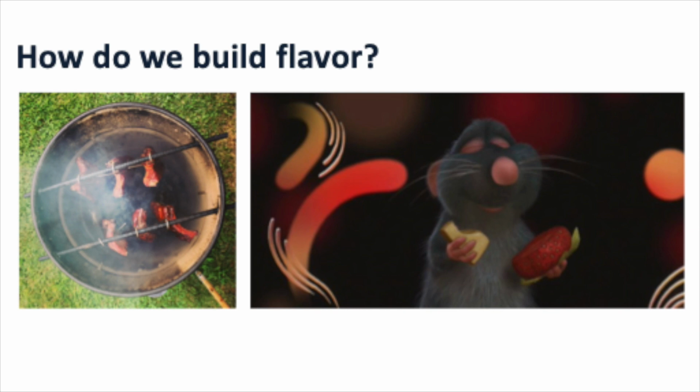Today, we're going to talk about flavor and building flavor and putting flavor into our recipes and talk about how we build really full dishes, right? Dishes that hit all of our senses the way that we want them to. All right. And so here in this picture, I've got an image of me smoking ribs on the left-hand side